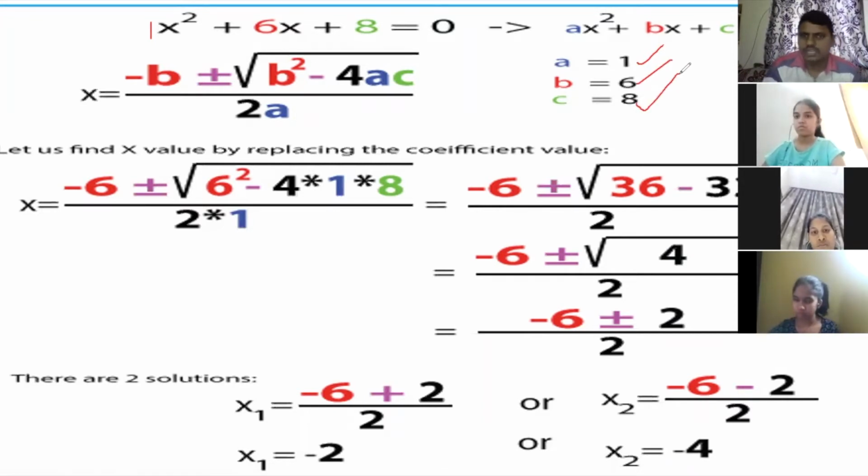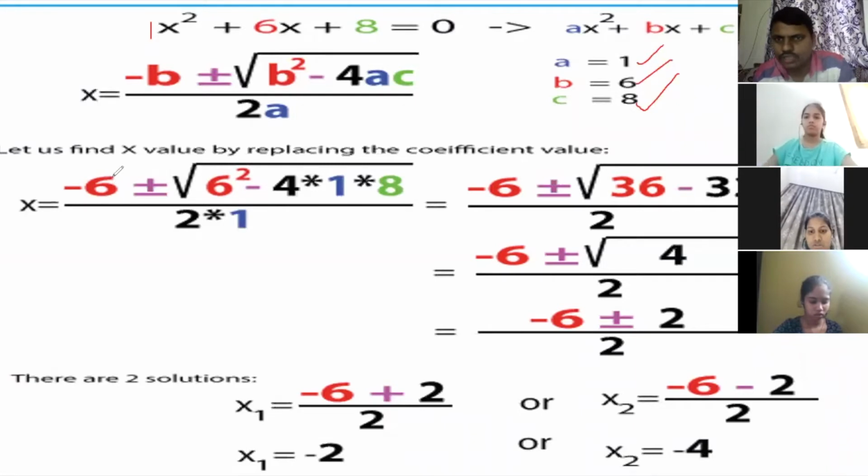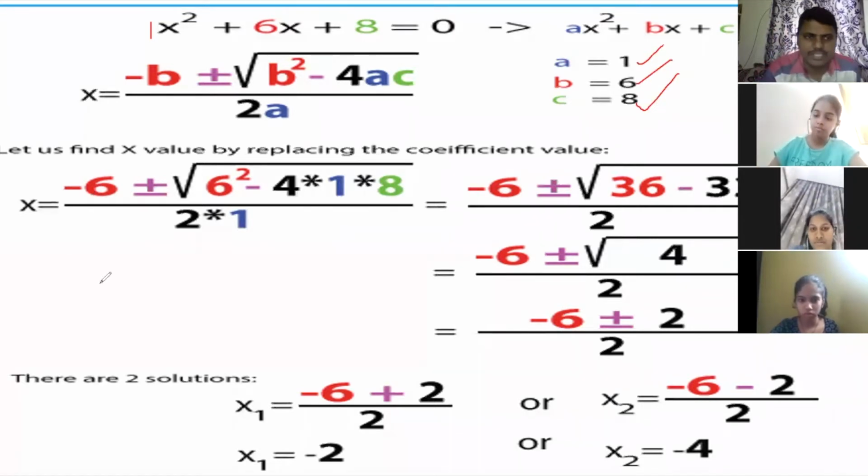Yes, children, directly go and substitute minus b. Children, here 6 has no minus, but you have to give the minus. This is the formula. When you are substituting in the formula, okay? Pranavi, clear? Don't think, sir, here 6 is positive, why are you writing minus 6? This is the formula's minus. Clear, Pranavi? Yes, sir. So plus or minus square root of 6 square minus 4ac. A value 1, c value 8.